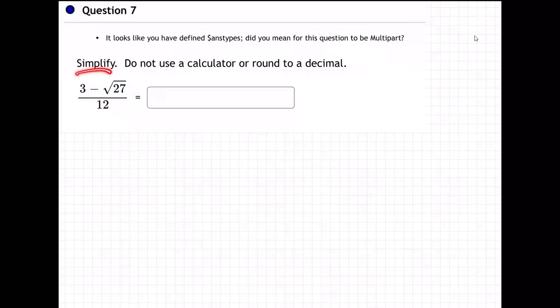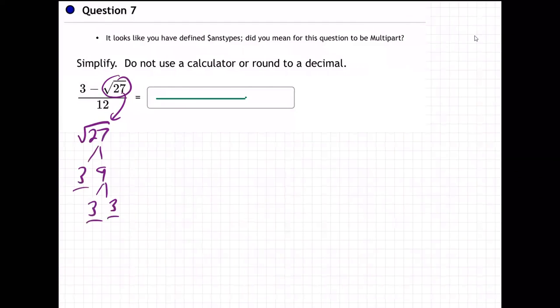Okay, they want us to simplify this expression as much as we can. Now, what do they mean by simplify? Well, one thing we can do for sure is that square root of 27. This guy right here, we can break him down because he's 3 times 9, and that 9 is 3 times 3. And so what we get then is 3 minus,